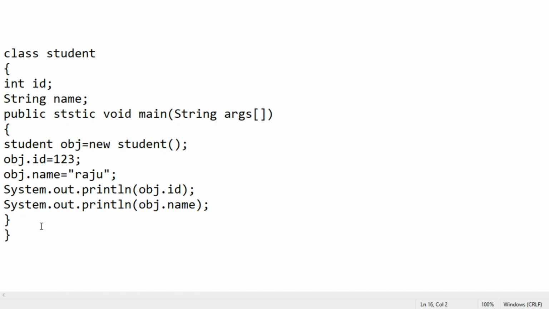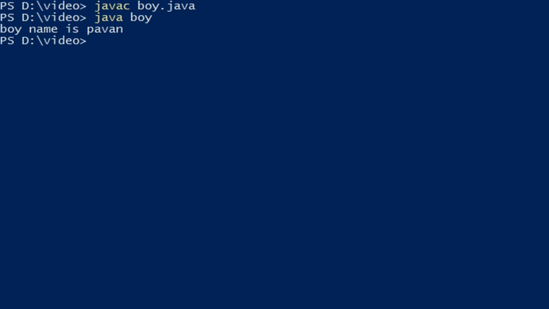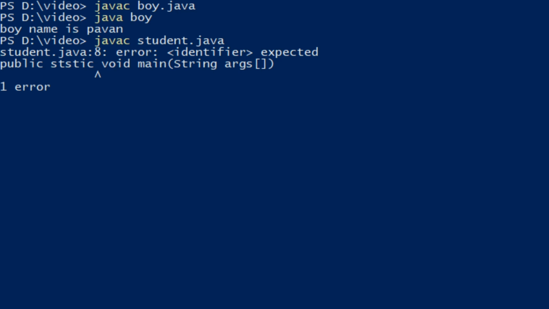Now let us compile it. Here I saved it as student.java. .java is the extension that we have to use while saving. Here we are compiling: javac is the compiler, student.java. After compiling, I have an error.